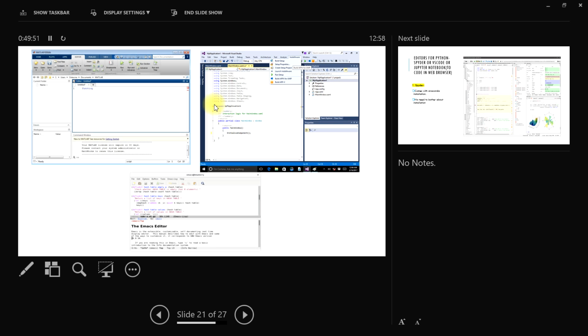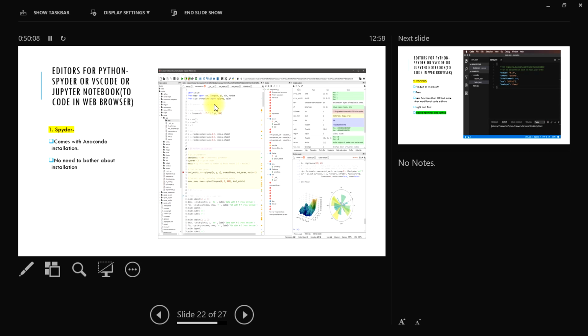Anyway, quickly. On the left, this is the IDE window of MATLAB. On the right, this is the IDE window of Visual Studio, in which you can do C++. On the bottom, this is Emacs, a code editor. Nothing, just File, Edit, a few options here and there. So it is very tough to find the errors.